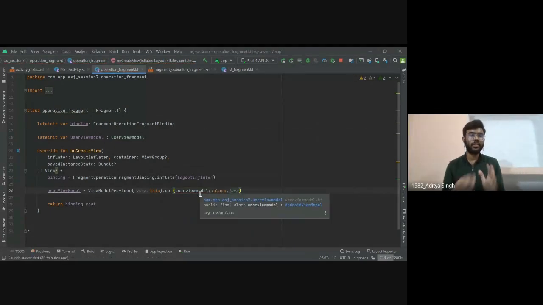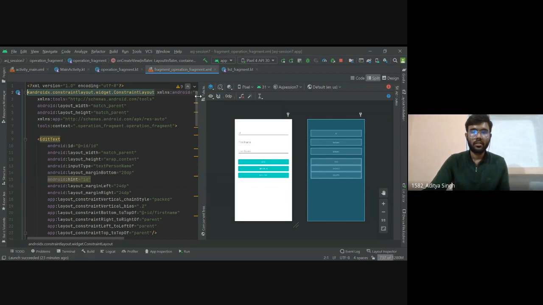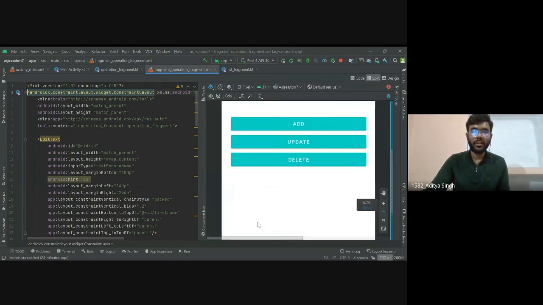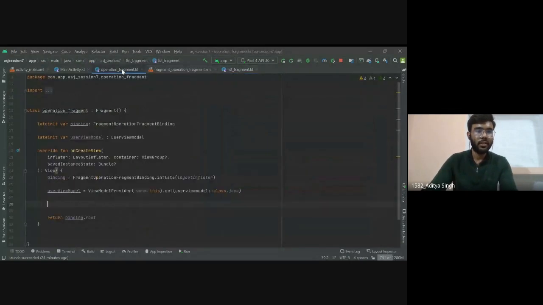Okay, so this is how we call our view model in our fragment or activity. Okay. So now first we will write the code for our addition button. So how do we do that?